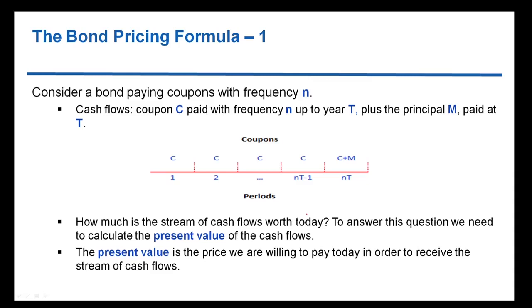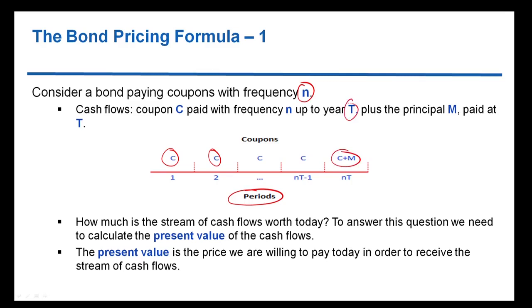So, for the sake of the argument, consider a bond which pays coupons periodically, with a frequency n. So, little n is basically the number of intra-year coupon payments offered by the bond. So the cash flows consist in each period of a given coupon. So we have, in the bottom part of this figure, the periods. And in each period, the bond is paying a given cash flow, okay? So in the first period, the bond is paying a coupon. In the second period, the bond pays the second coupon, and so on, and all the way up until maturity,